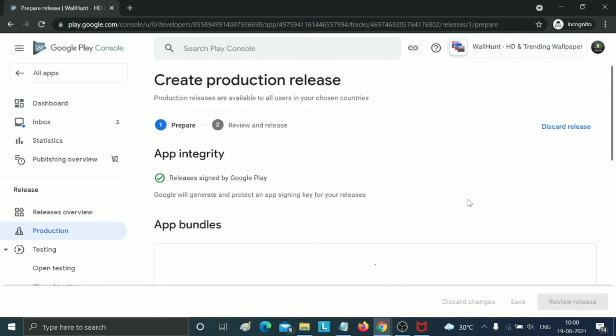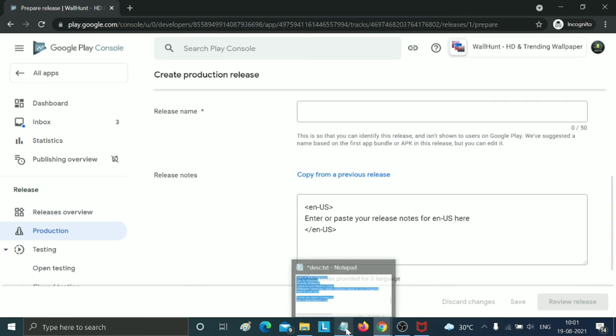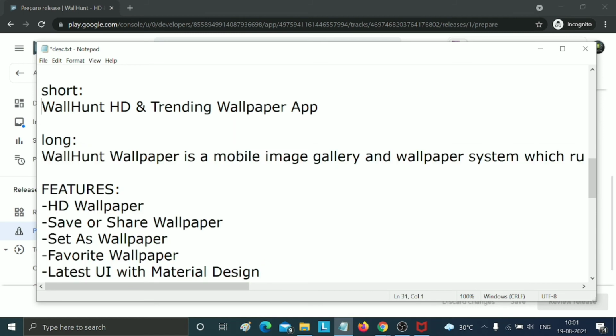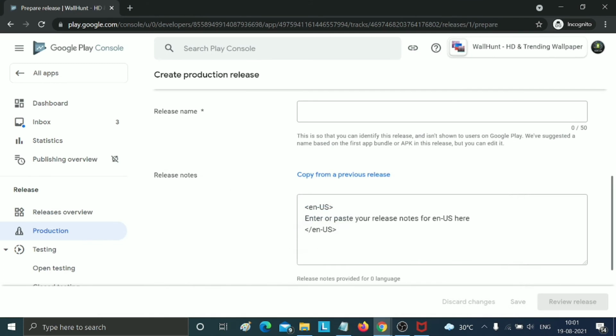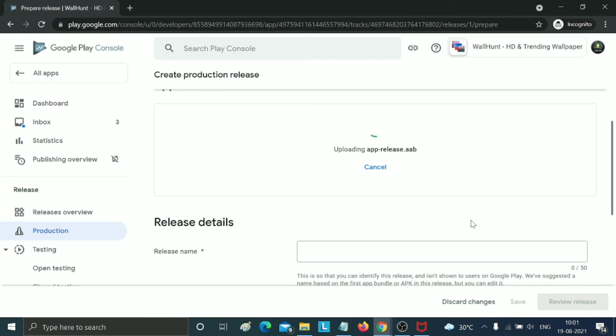You can check this and wait for two or three minutes. It depends on the application size. If your application size is large, then you need to wait some time. Otherwise you can check the short description also. So just copy my short description and add the release notes here. You can add here, otherwise you can add according to your application.